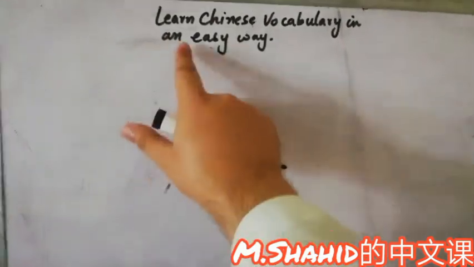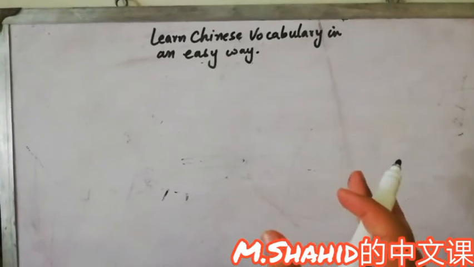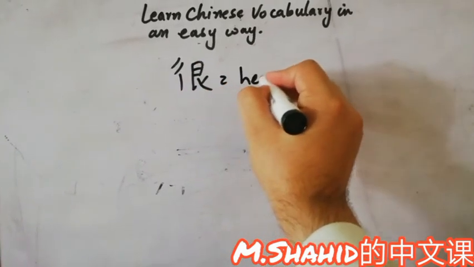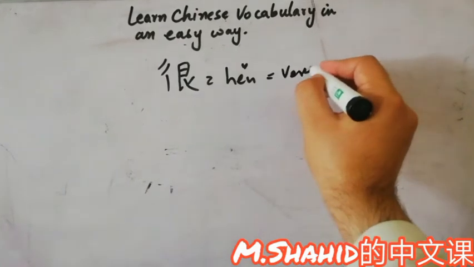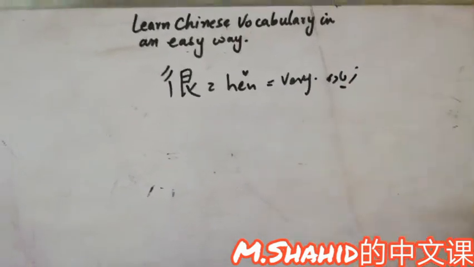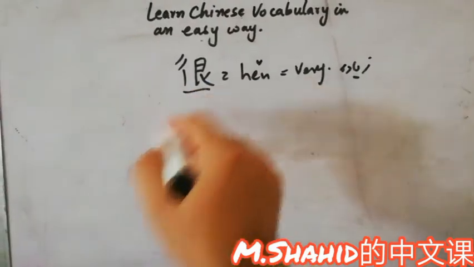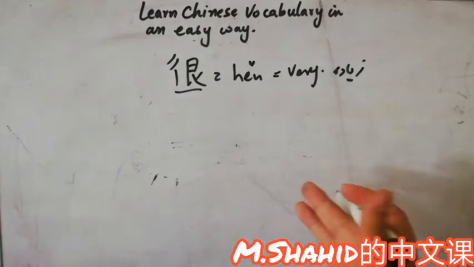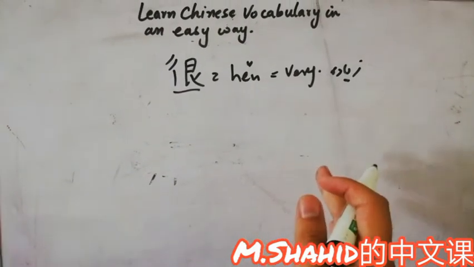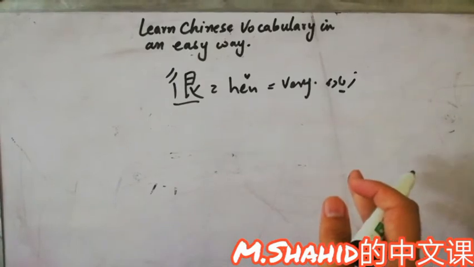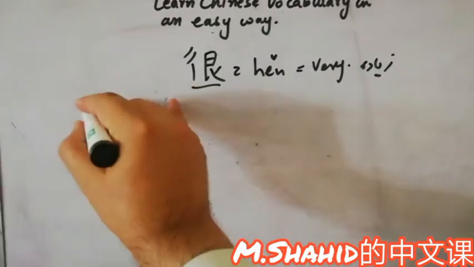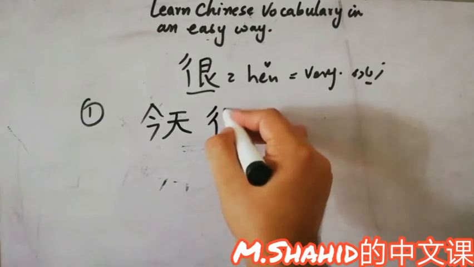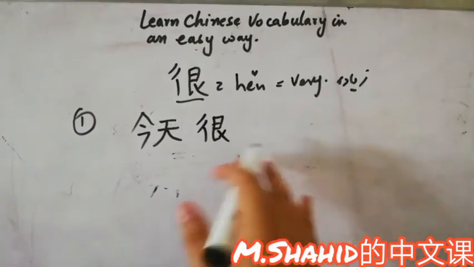I'll just add an adverb of degree that is known as 很, which means very, zyada. I'm going to add this with Jin Tian, and I'll also discuss another word that is going to come in that sentence. So let's write a sentence: 今天很